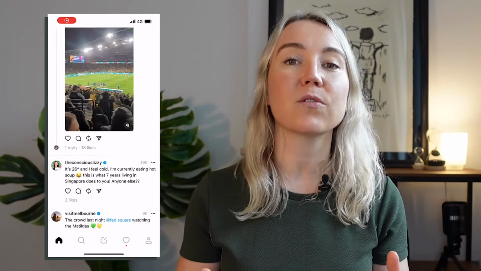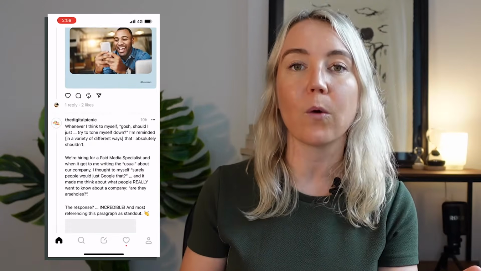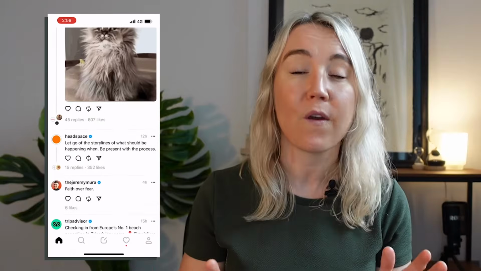Let's now talk about how the Threads algorithm actually works, and it's really different to what Meta has done in the past. So if you remember when Facebook launched, when you had a look at your feed, you were only seeing content from your connections, so your friends or family. Well, the Threads algorithm does not do that. In fact, on Threads, you're seeing content not only from your connections, so people that are following you or that you're following, but you're also going to see content from people that you have no connection with. And what the Threads algorithm is doing is that it's recommending content to you that it thinks that you might like. So let me just give you an example.